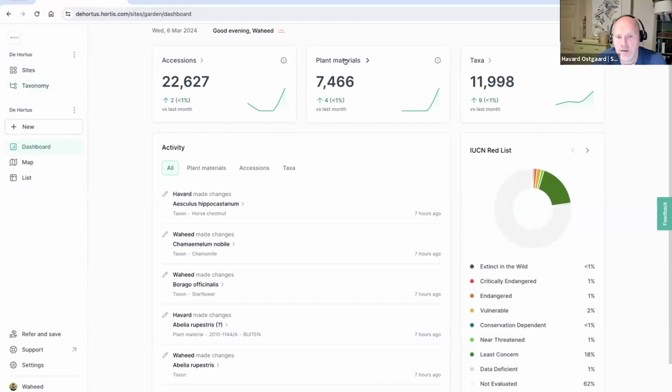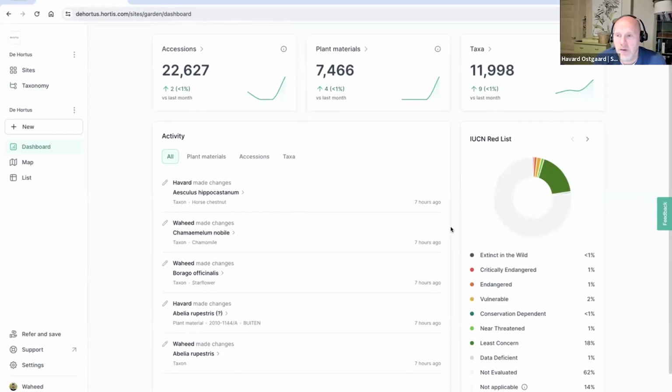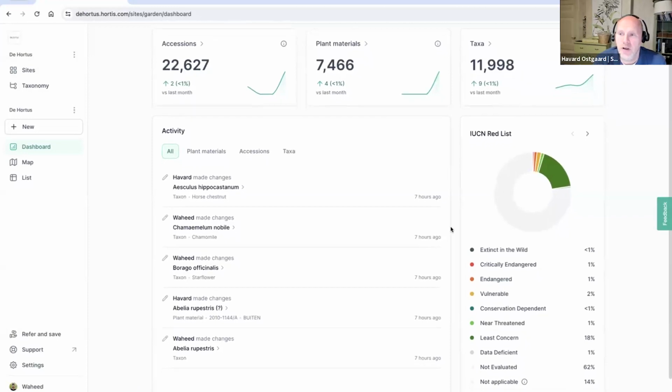Just to also add, the IUCN Red List data is something that's provided through Hortis. So when you identify or record a scientific name, that Red List information will be automatically given to you. So you don't have to manage that yourself. Yeah, good point. And we can have a look at that also a bit later on when we look